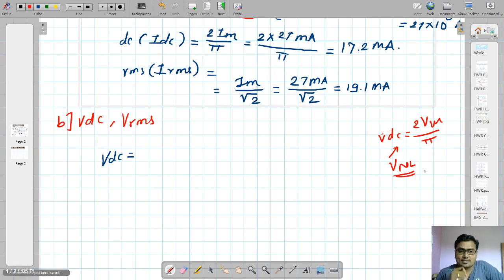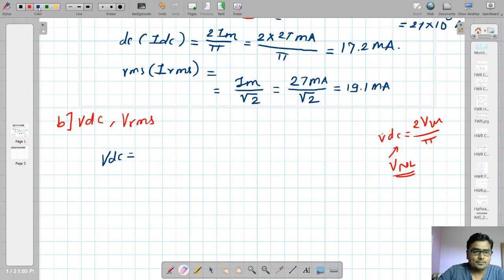Now there is a load current because the load resistor is connected. It means some current is flowing through that load resistor, and we want the voltage developed across that load resistor. So the voltage developed across the load resistor is what equals VDC now. And how can I calculate this VDC? The value of the load resistor multiplied by the current flowing through the load resistor. So in my case, it's not VNL.